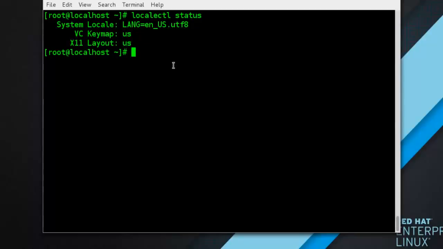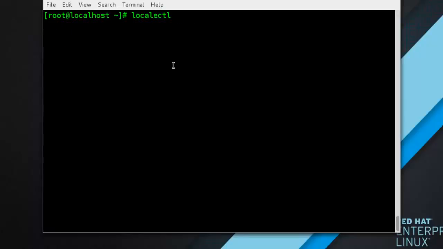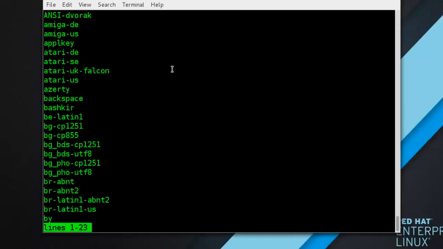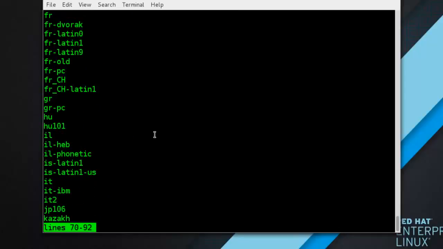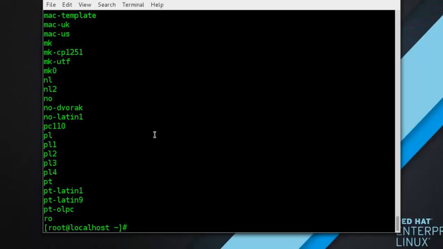Now next is listing available keymaps. To list all available keyboard layouts that can be configured on your system, type localectl list-keymaps, and you can see here different keymaps. For example, when searching for a particular keymap, you can use grep to search the output of the previous command for a specific keymap name. There are often multiple keymaps compatible with your currently set locale.